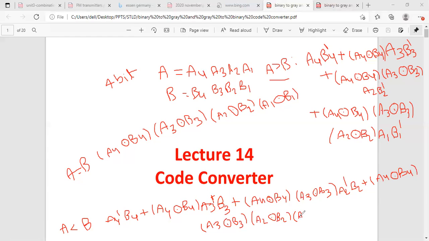Sorry, A1 is equal to 0 and B1 is equal to 1. You can say that is also A less than B condition.